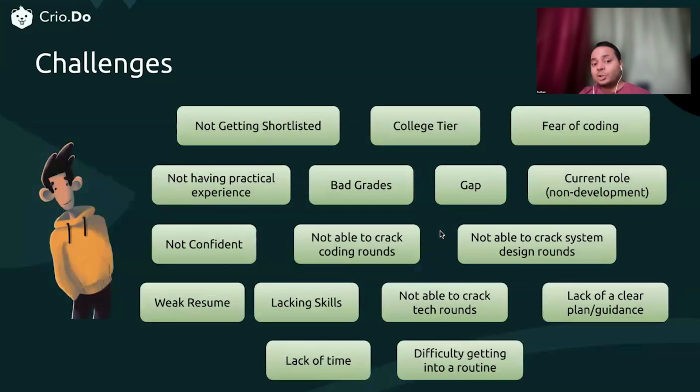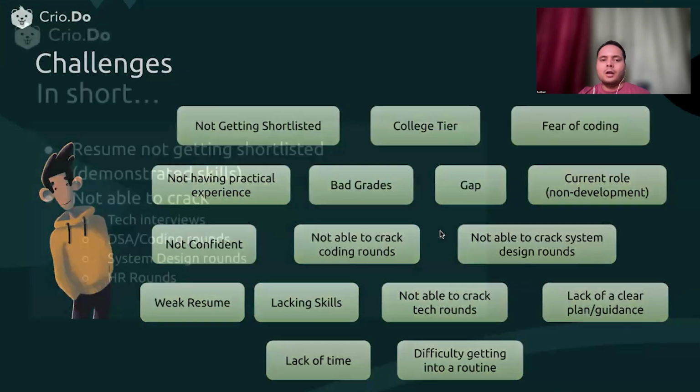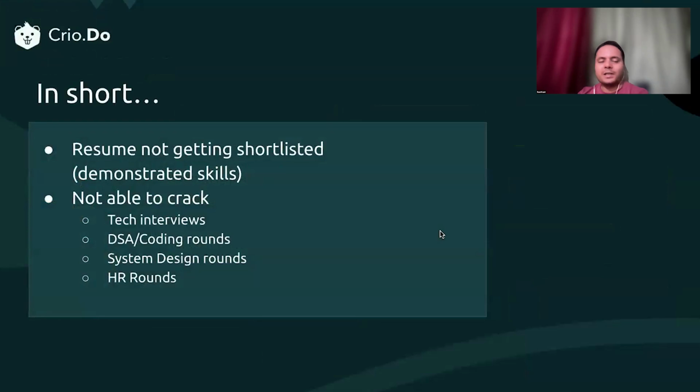All right. So with all of that, I can say that there are two main things which are actually in your control. There are a lot of things which are in our control and which are not in our control. Also, there's a mix of a lot of challenges. But two of the primary things which I have realized are under your control and can make the biggest impact in getting that job, getting that dream offer,